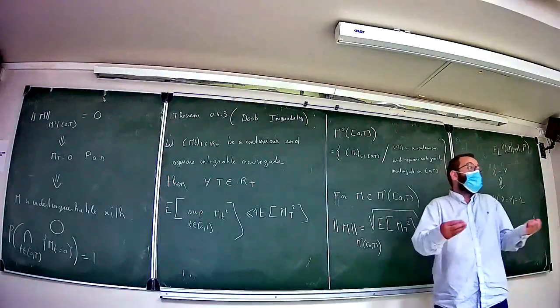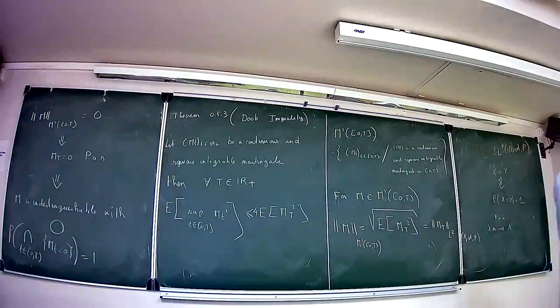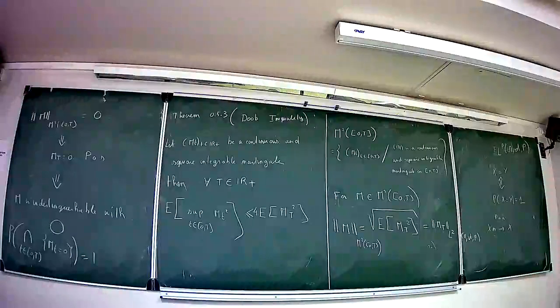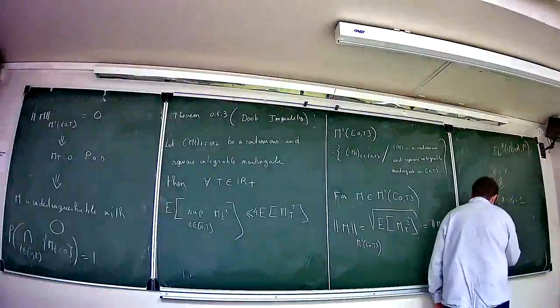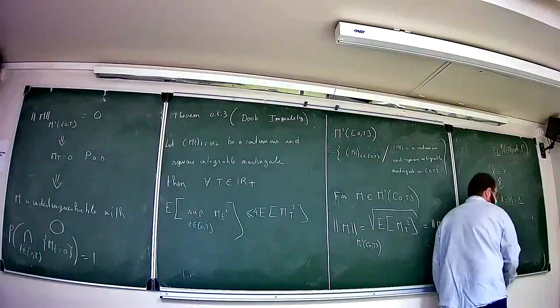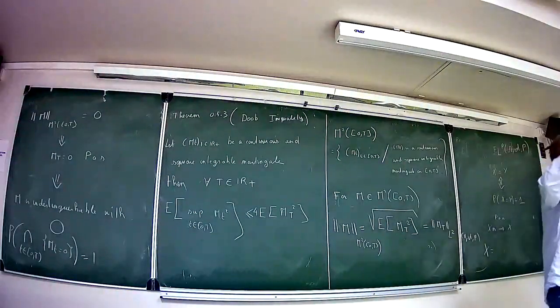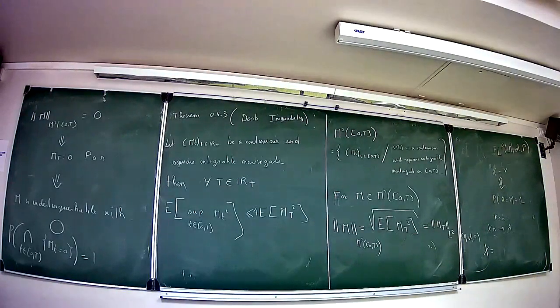So it's something that you do in general without problem, forgetting that one time in your life you have seen this. That is, when you consider a random variable X, in fact it's not a single random variable that you consider, but a class of random variables, all of them being equal P almost surely. And what we call X is a representative of this class. And why do I need it?